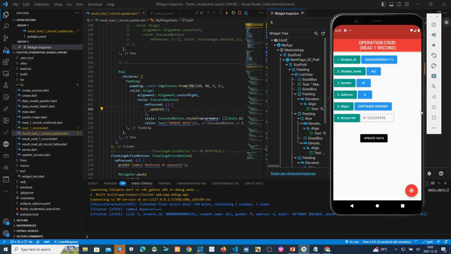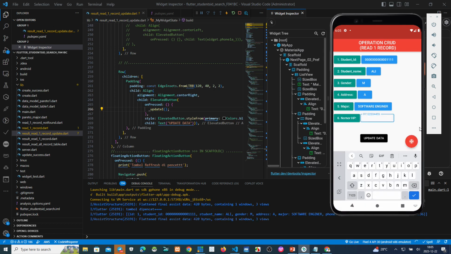Now we want to change this one, because there is no zero prefix. 0, X, 1, 1, 2, 2, 3, 3, 4, 4, 6, 6. Now we have a 0 as the first number.